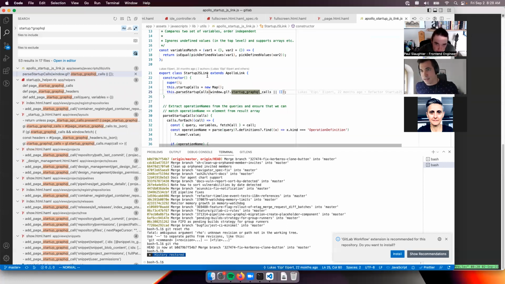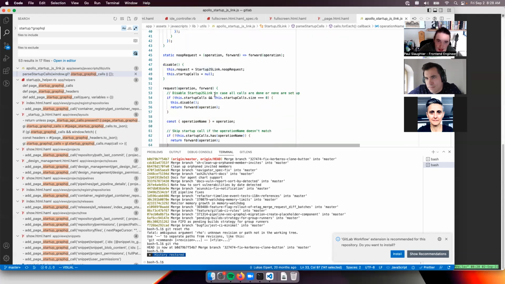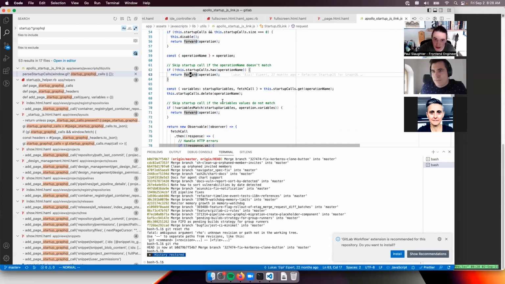So see here where we do this, we have this Apollo link. Apollo gets implemented by a whole bunch of middlewares on the request response. And in that chain of middlewares, we parse the startup calls. And if we receive a request that matches one of those startup calls, then we will just forward on. We won't actually make the request. We'll just